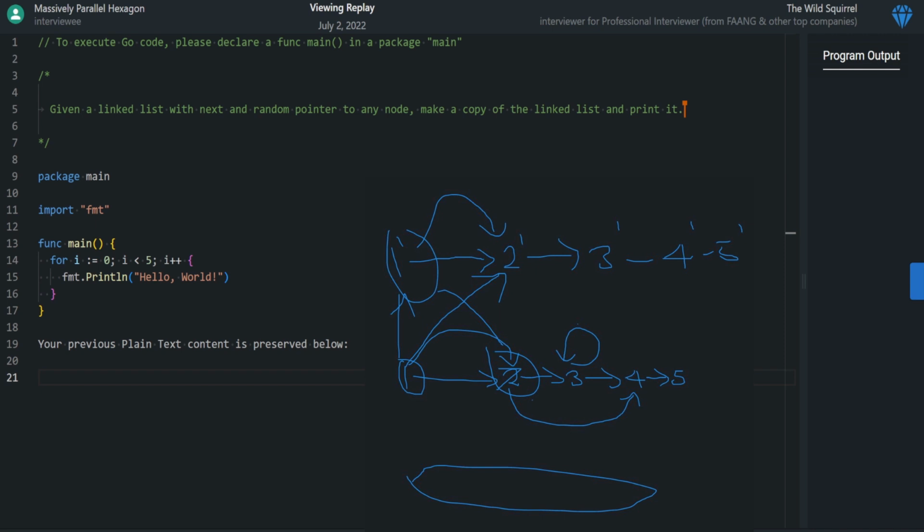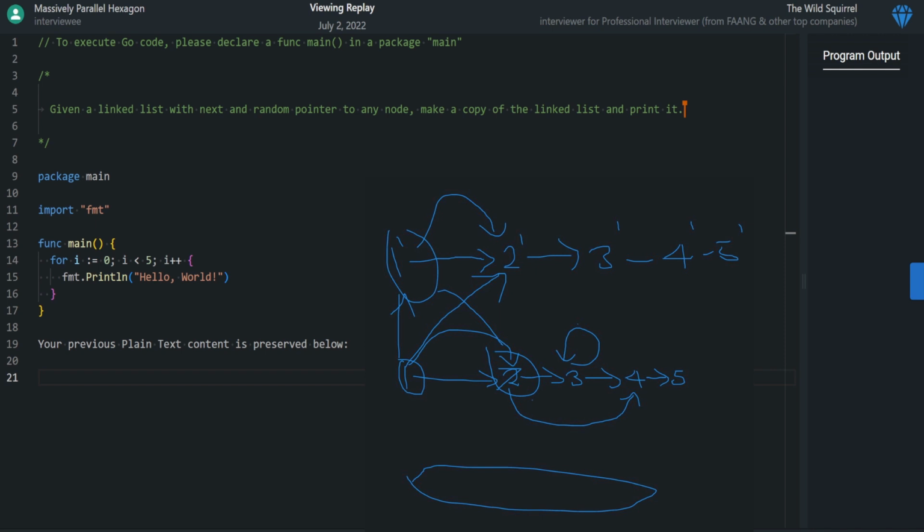So assume this is the linked list. One is the start node. It is pointing to two, which is the next pointer that we spoke about. Let's say three is there, which points to four, and let's say four also points to five over here. So these are the next pointers, like a general linked list, but we have something else called a random pointer, where one points to two, which could look straightforward,